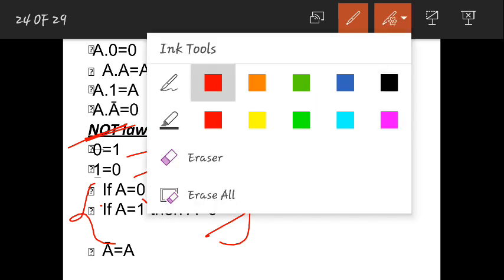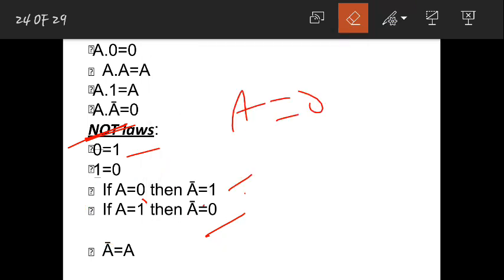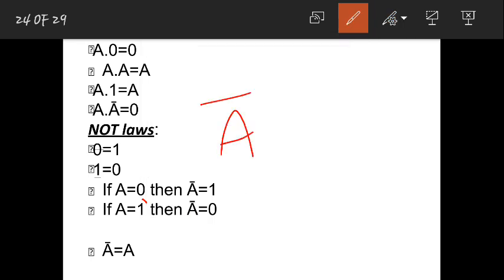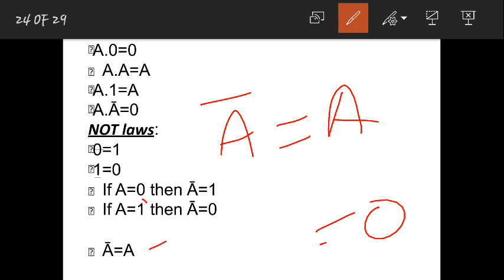Actually, here it says A complement will be equal to A. A complement, he has given this here. Okay, this can't be equal, because when I take A as 0, A complement will be 1. How can 1 and 0 be equal? This can't be taken. In this case I am talking about: if A is equal to 0, then A bar will be equal to 1. If A is equal to 1, then A bar will be equal to 0. Is that fine? This is possible, but they can't be equal.